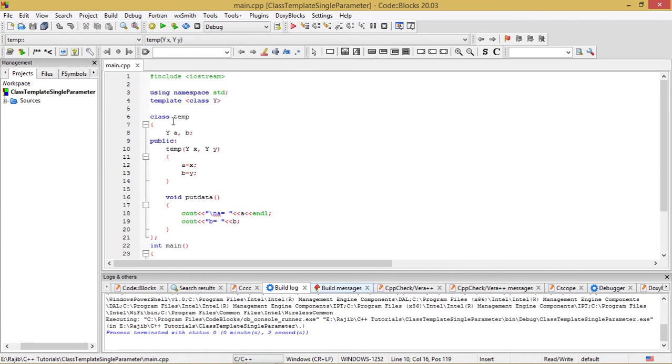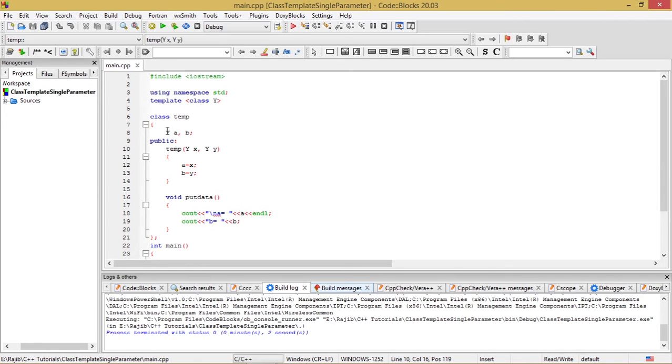After that, I have defined a class which is named temp, under which there are two data members, a and b, which are of the data type Y. So Y is the generic data type which is to be applied in this program. Y can be an integer, Y can be implemented as a float data type, or it can be used as a double data type.